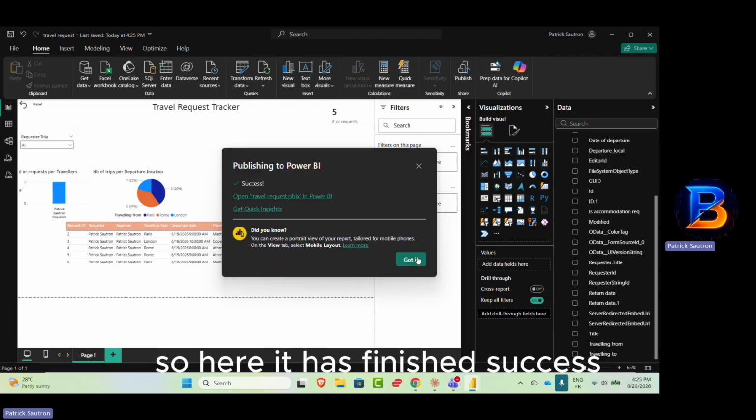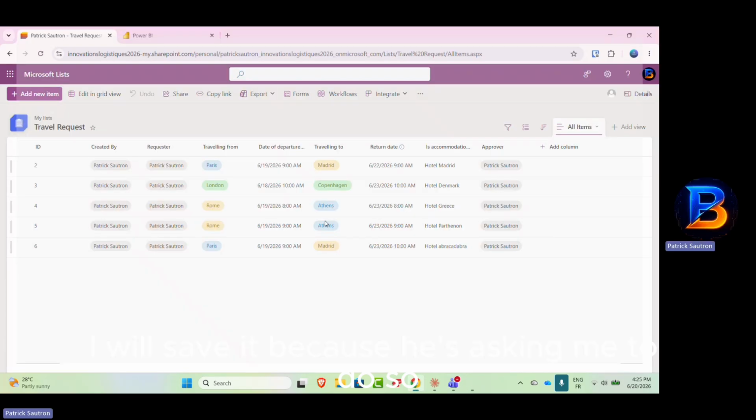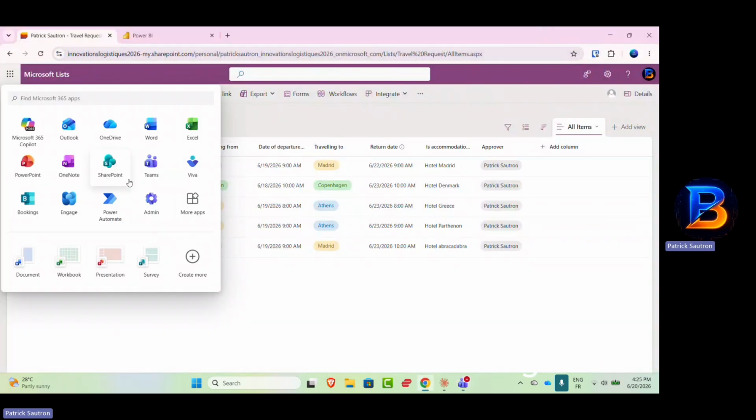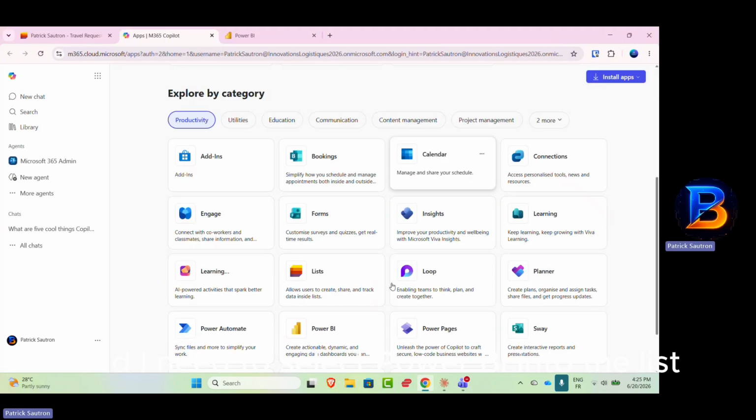So here it has finished, success. I can close Power BI. I will save it because it's asking me to do so. Now I open my organization's SharePoint or wherever I am. So now I'm on the list. I can go here. I go on more apps and I need to select Power BI in the list. So it will open